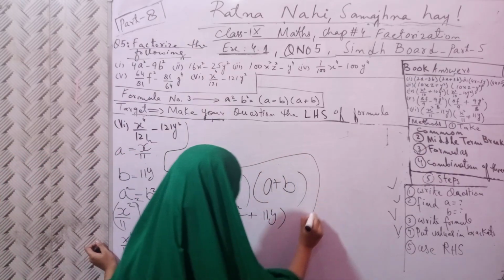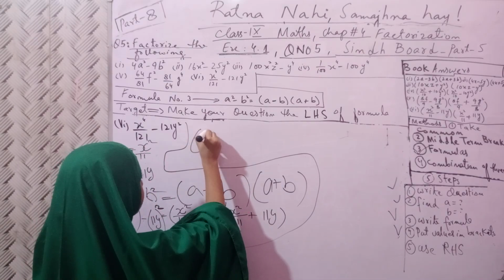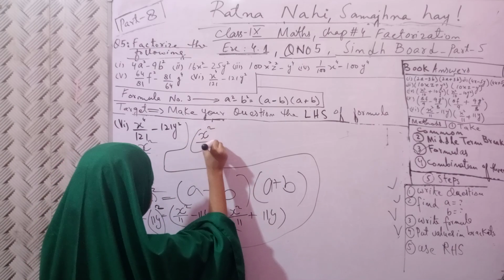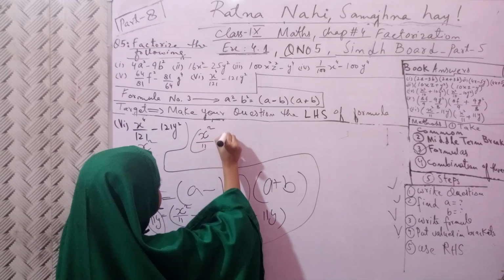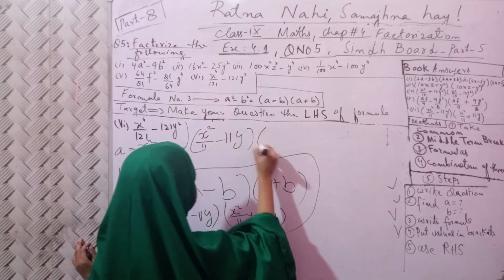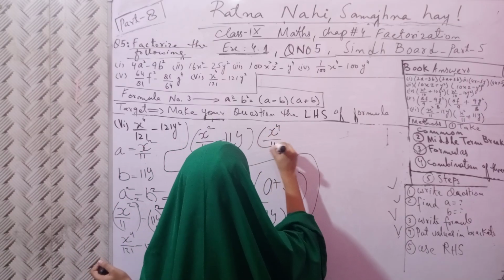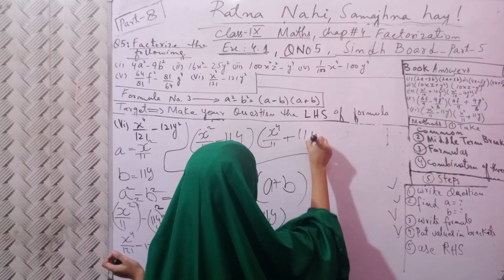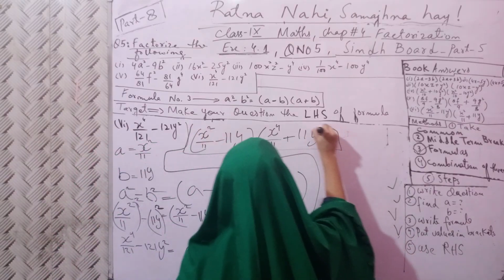I have no space, that's why I am writing here. Bracket x square 11 minus 11y bracket x square 11 plus 11y. Then this, now it has become